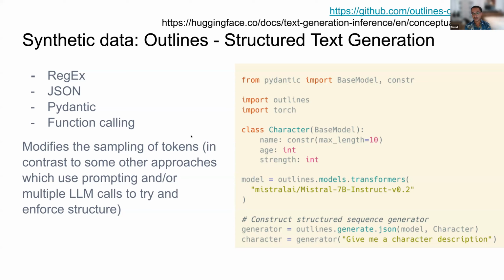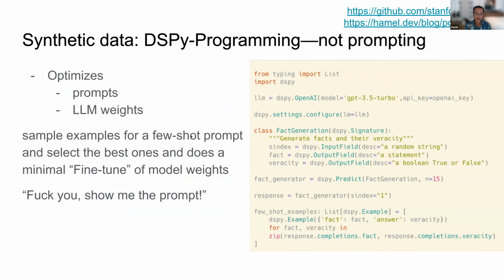One of the interesting blog posts from Hugging Face dives a bit deeper into this topic. Another package is DSPy that probably everyone is familiar with, but it's focused on programming, not prompting, so to say. It lets you define a DSPy signature that you use for calling an LLM, where you program the expectations that you might have for your model. And then whenever you optimize this for your specific use case, the package underneath tries to optimize the prompt and fine-tune the model weights slightly, so that eventually you end up with a more accurate